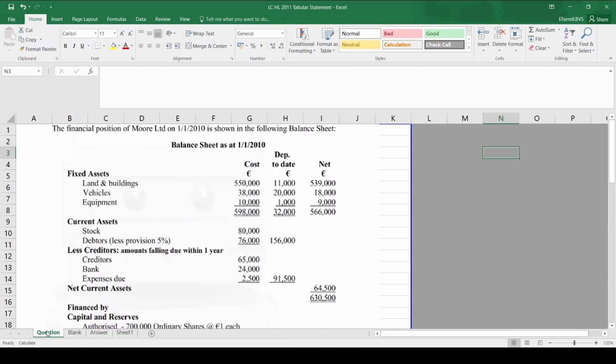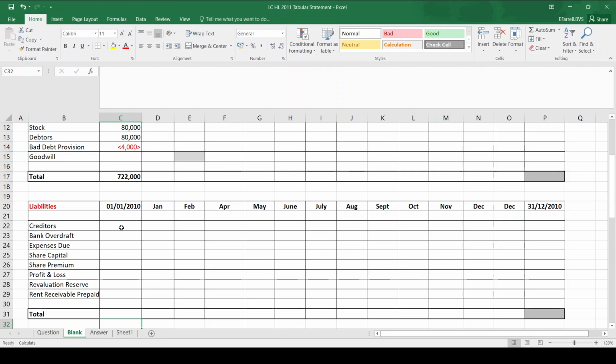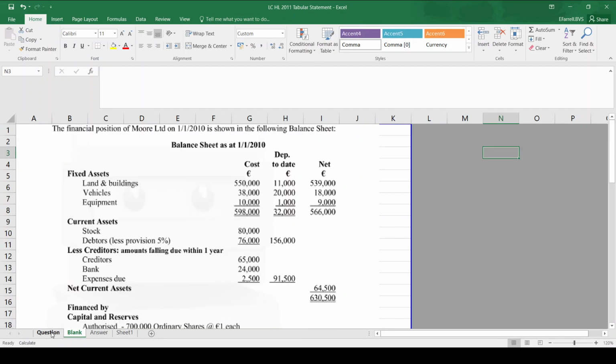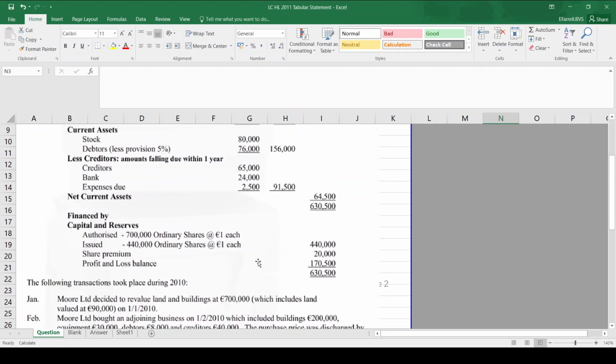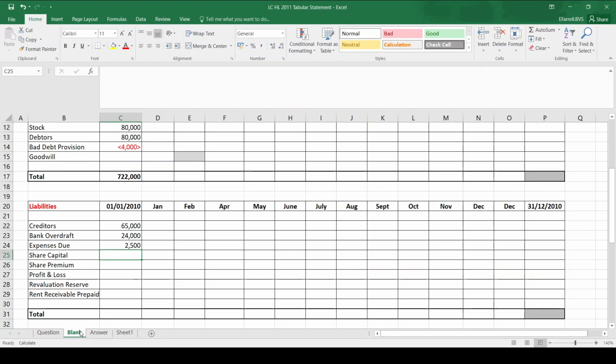So my first liabilities: creditors are 65, bank overdraft is 24, and expenses 2,500. Then we have share capital is 440, share premium is 20, and profit and loss balance 170,500. So they're also going to go down here. 440, 20,